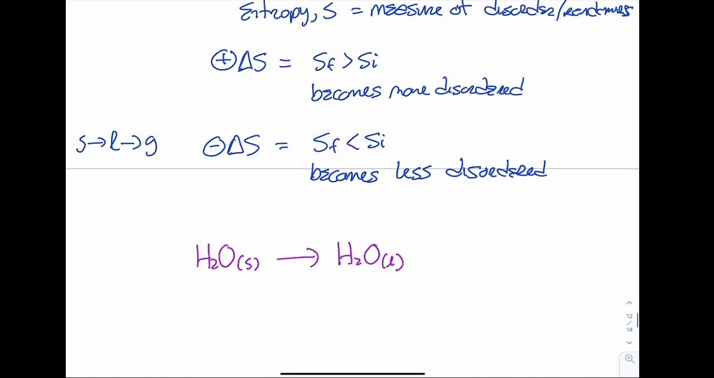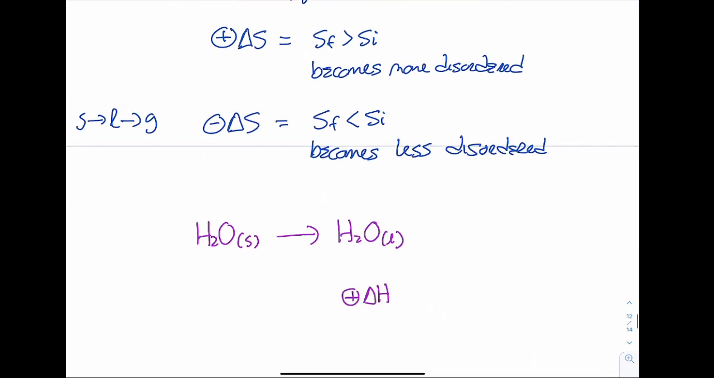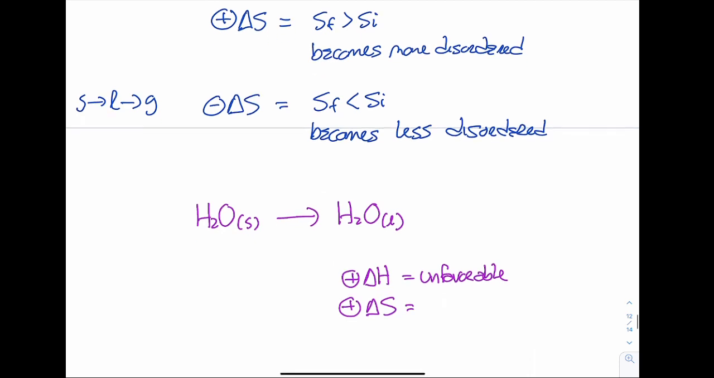We have to add heat energy to it, right? It's not going to melt if it doesn't increase in heat energy. So I have an increase in heat energy, but I also have an increase in entropy. So this is actually unfavorable, right? Things don't want to increase in energy, but we do have a law of thermodynamics that says that total entropy does increase. So because I'm increasing in entropy, this is going to be favorable,